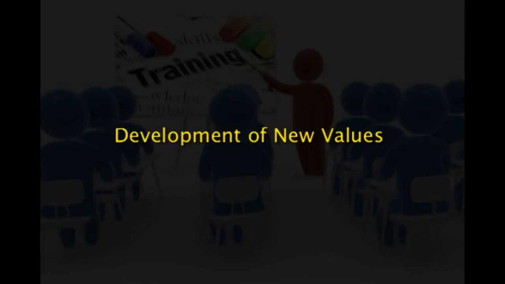Second point, development of new values. With the trainer's support, trainees begin to examine their interpersonal behavior and give each other feedback. The reasoning of the feedback is discussed, which motivates trainees to experiment with a range of new behaviors and values. This process constitutes the second step in the change process, the development of new values.